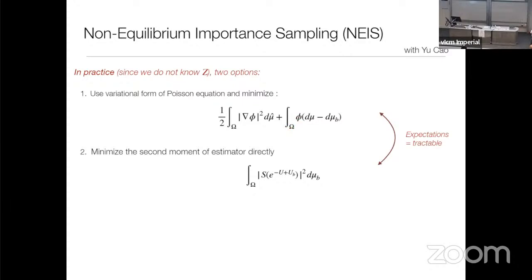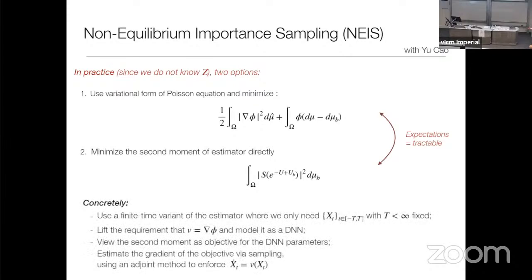What I'm going to show you is something which is in fact more direct. Since we want to minimize the variance of the estimator, and since it's an unbiased estimator, you can simply use the second moment of the estimator as the objective function. Here it is. Okay, so you use this as an objective function, which you can sample in practice because you assume that you can sample from the base.